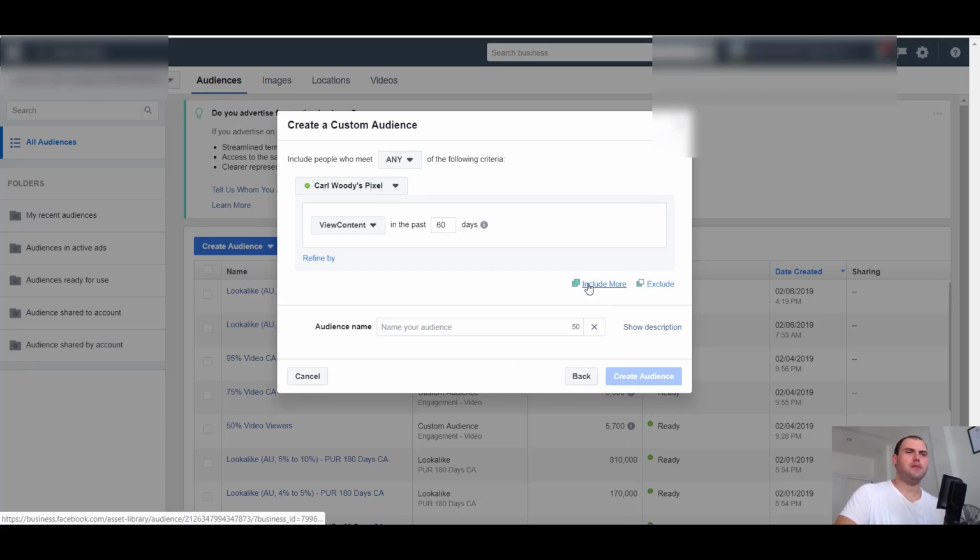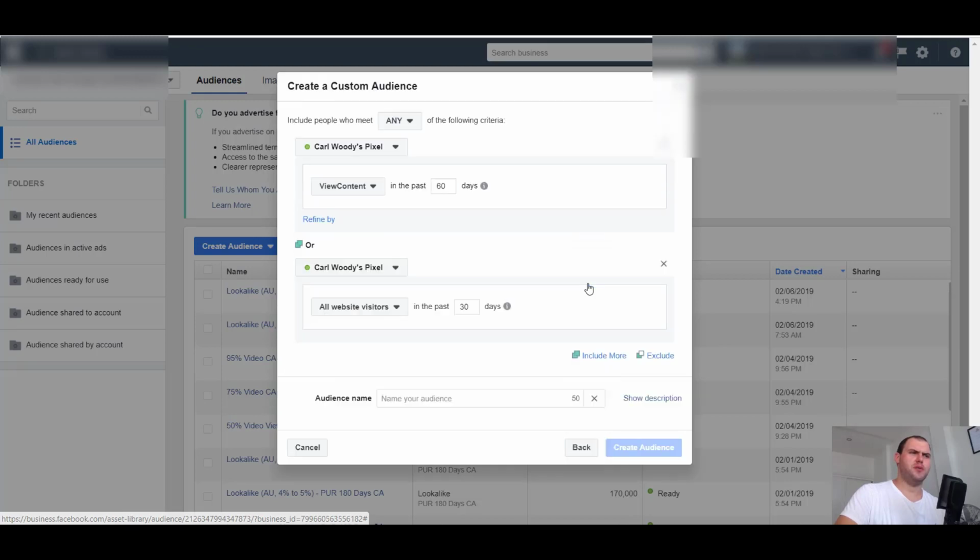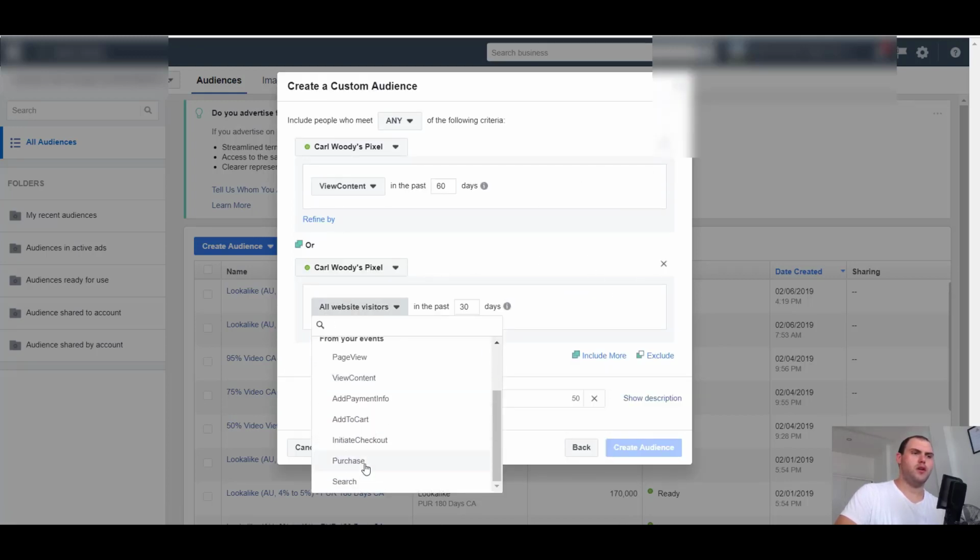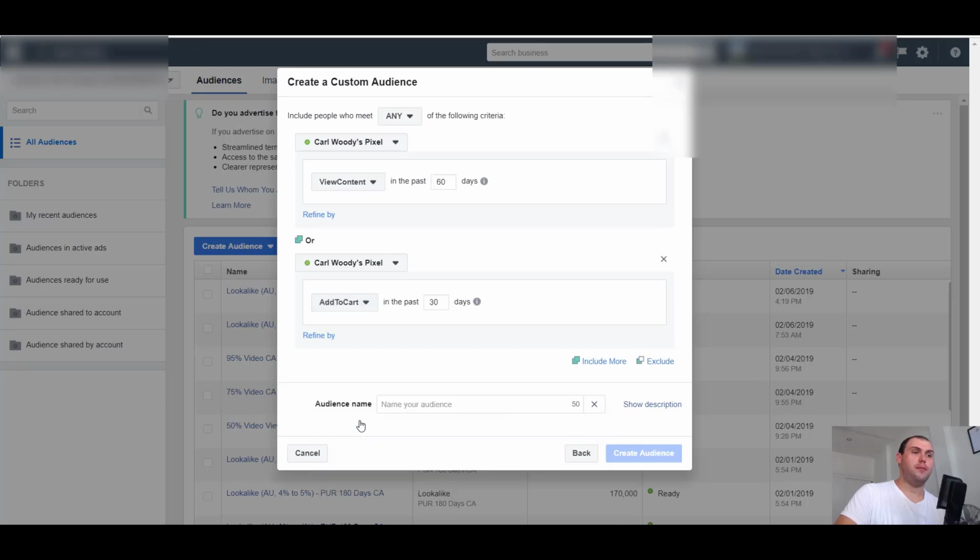But if you're not getting much traffic, even less, like if you've got a big store, you'll do it even less because you want to be front of mind for the person. And if you're going back further than 60 days, the person's probably not going to remember you. So purchase. Here we want to add people that added to cart. And again, 60 days. But then we're going to exclude people